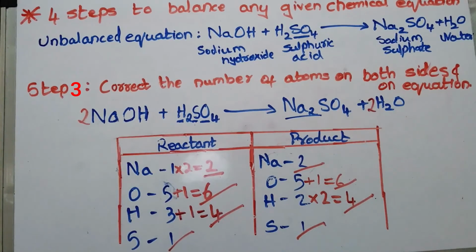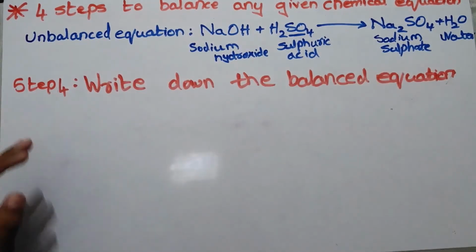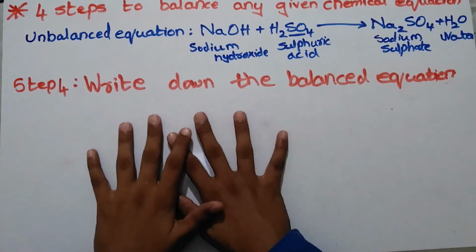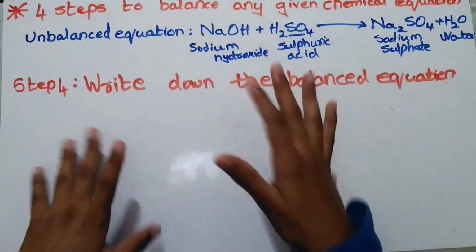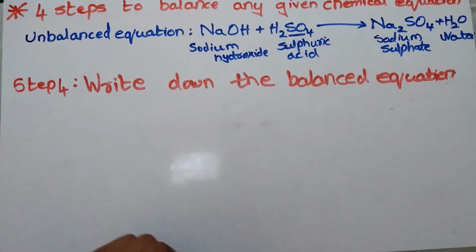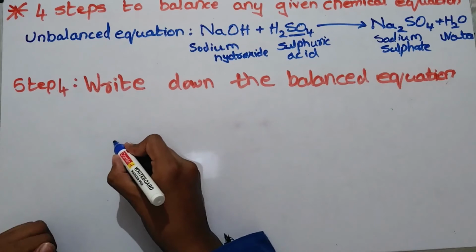Now we will proceed to step 4. Let's have a look at step 4. Step 4 is nothing but to write the balanced equation. The unbalanced equation which we have balanced in step 3, we have to just write it back in step 4, which is nothing but